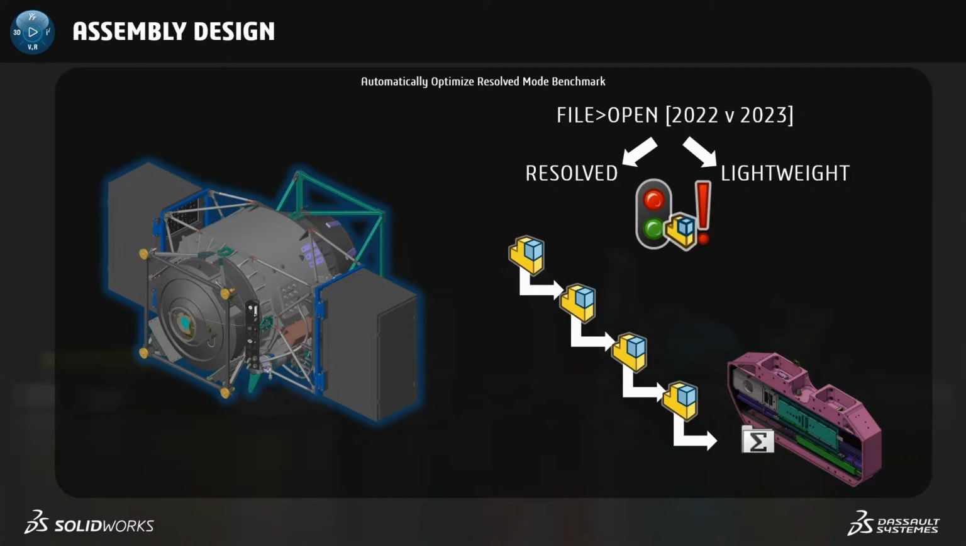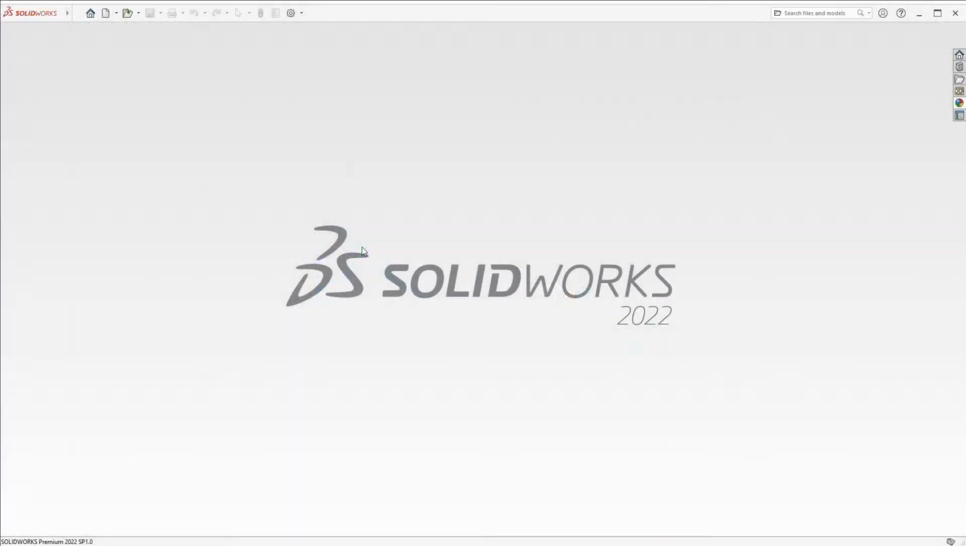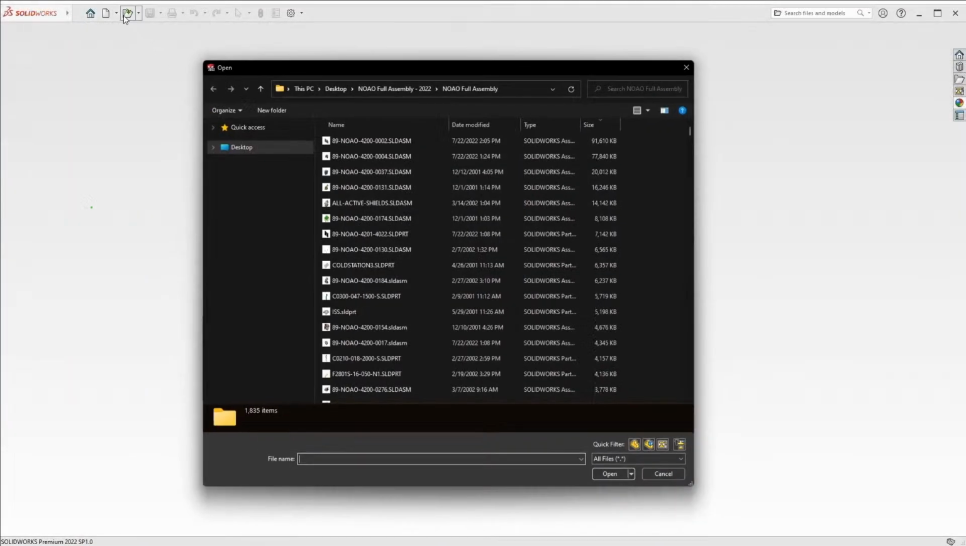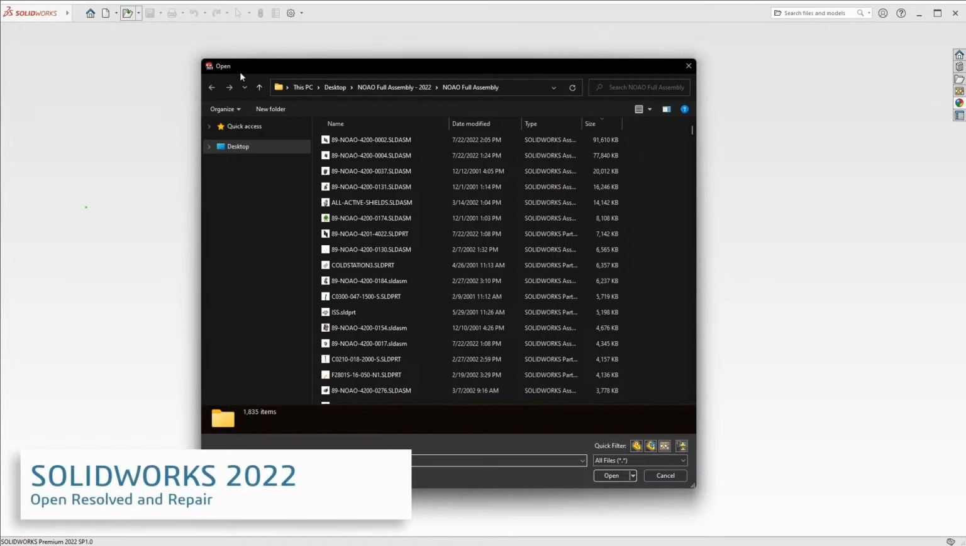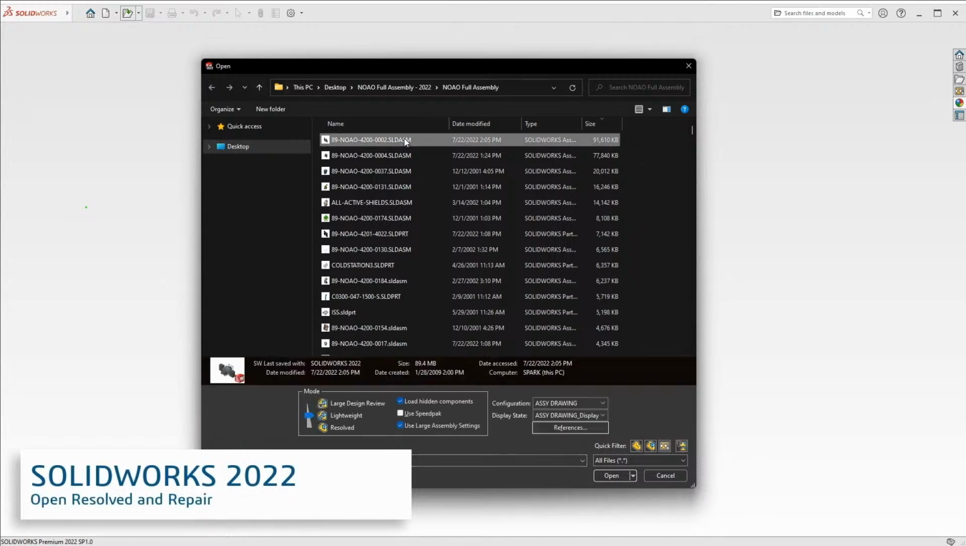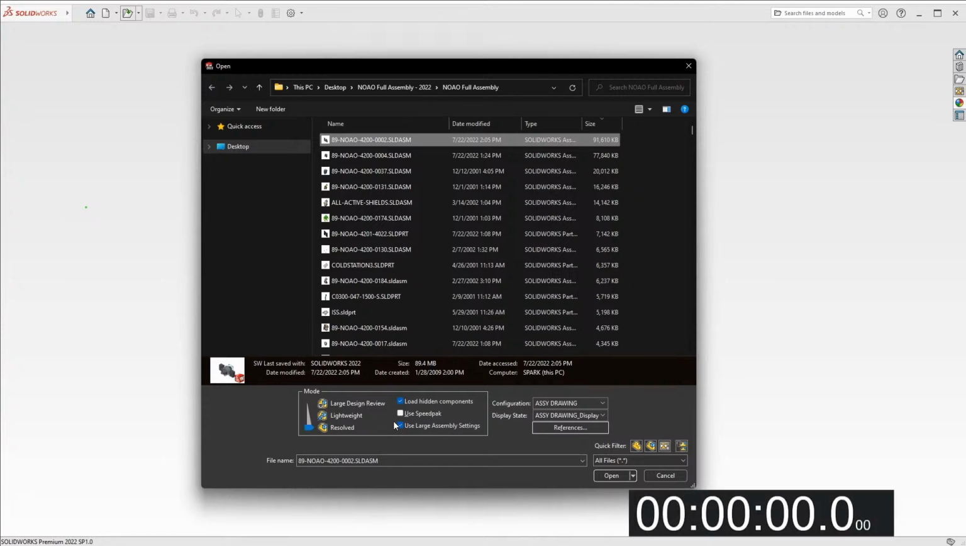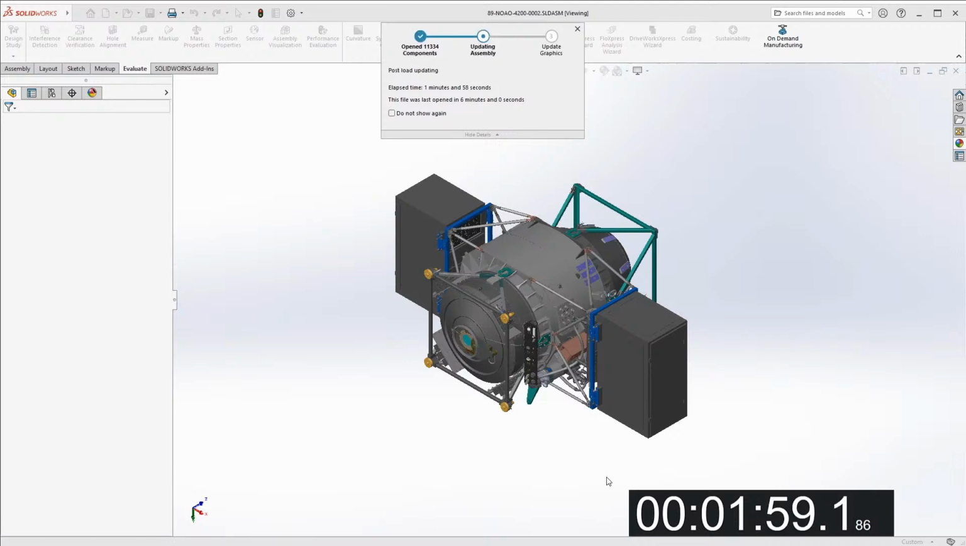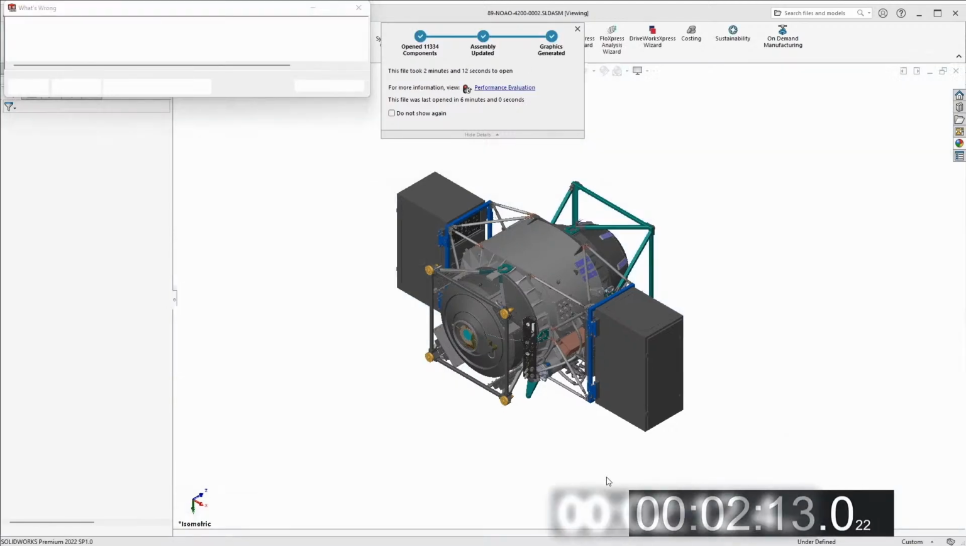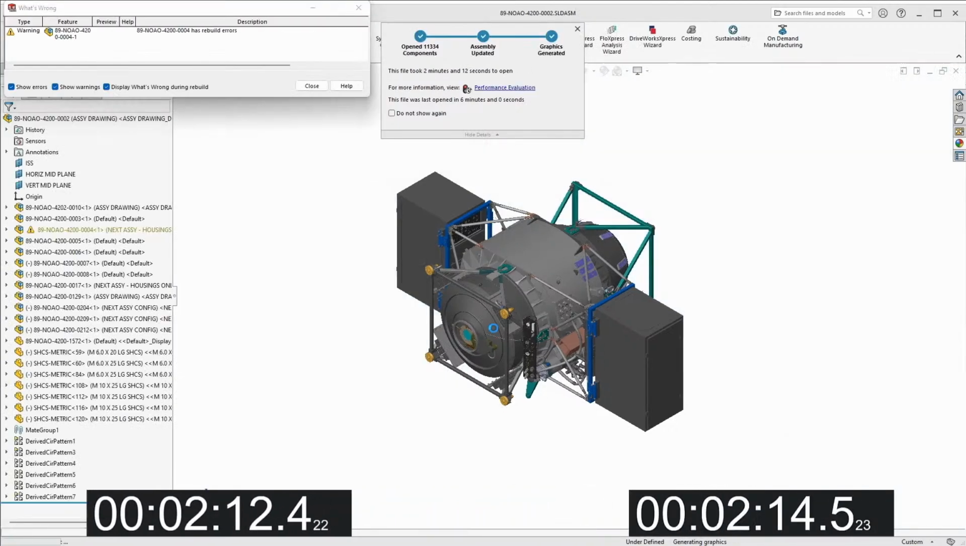In 2023, we're also going to open it up in optimized resolved mode and address the error. So starting off in 2022, we're going to open this up fully resolved and time this workflow. So here we can see that we're going to switch it to fully resolved. And we're also going to turn off use large assembly settings to have the fully detailed model loaded into our view here. And we can see that this takes around 2¼ minutes, and we immediately receive a warning that the